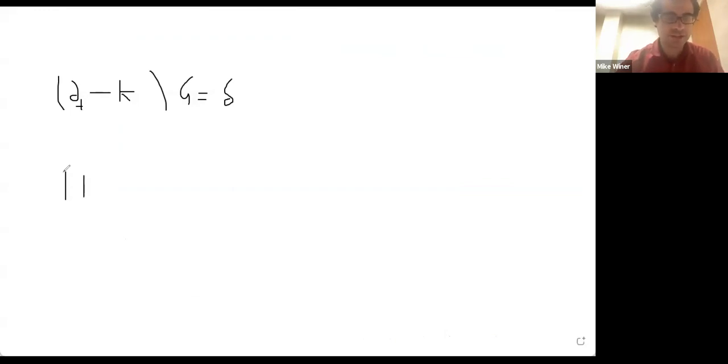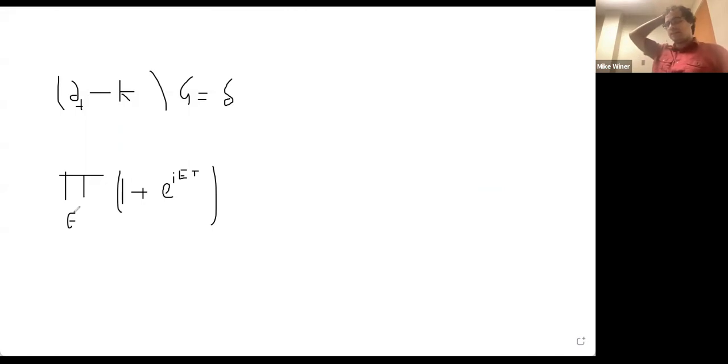So it's the product over all the E's of one plus e to the iET, where E is the microscopic energy of the fermion, right? And the E's themselves are coming from a Wigner semicircle distribution. So if we do the disorder average of this, we're going to get, this is equal to the exponential of